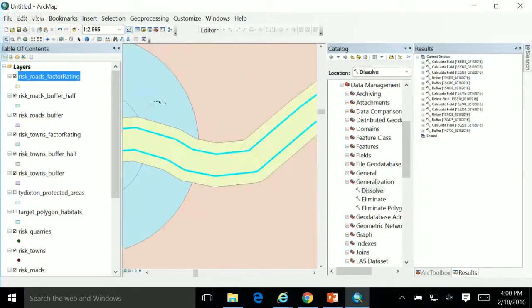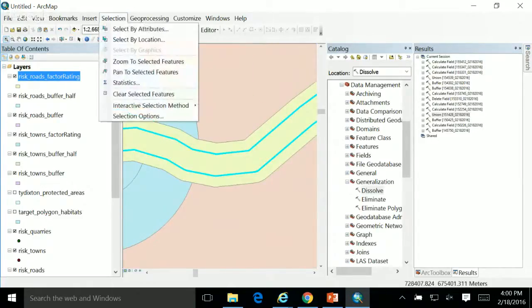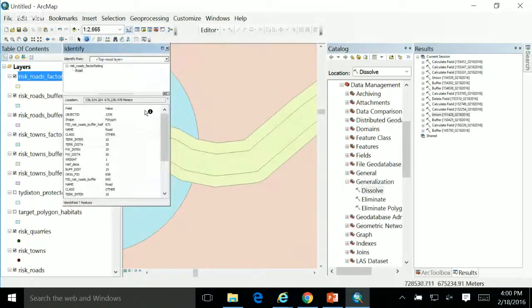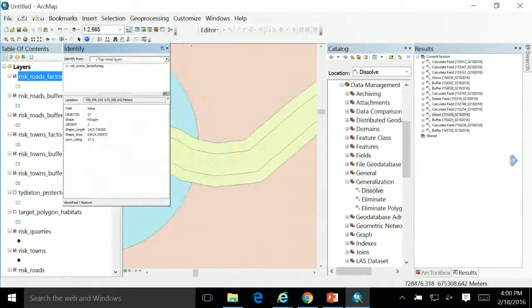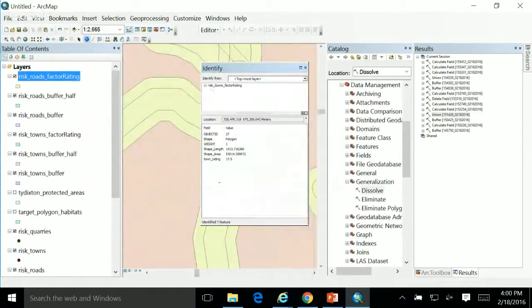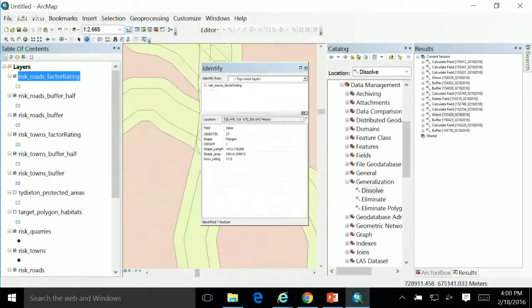And so in a normal area like this, that's selection, clear selection, features. Like this area, I'm hitting a road or I'm not hitting a road. Well, I'm outside. But in these areas where they join up, it's kind of like I've already done an intersection, because if I select this area right here, I'm hitting two different road features. One has a risk factor of 2 and the 2.5, and the other one has a risk factor of